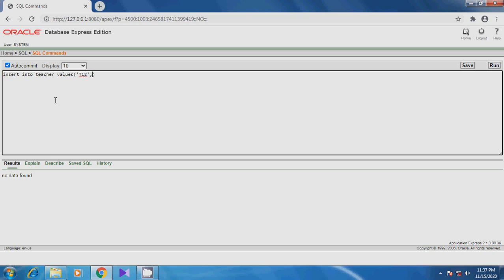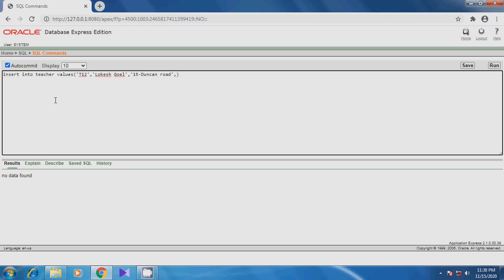Then let's say the name is, as per the textbook, Lokesh Goel, and then the address is, let's say, 15 Dangan Road, and then